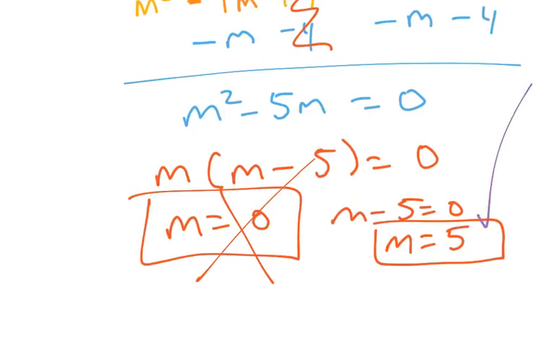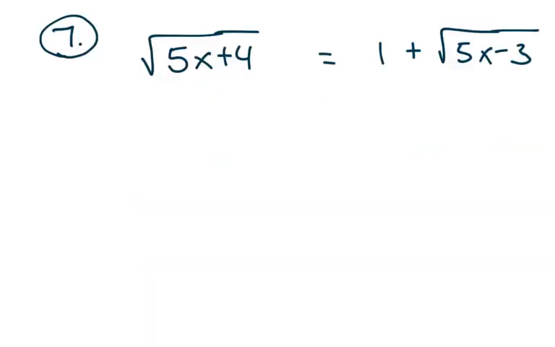So very important at the end, you always want to check your work. All right, one more. This is very similar to what we just did. So if you haven't done so already, pause the video, try it on your own. I'm going to assume that you've done that. This is nice because it's already been set up. So the square root of 5x plus 4 is by